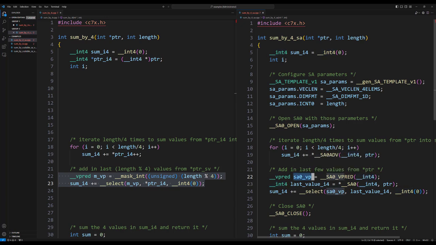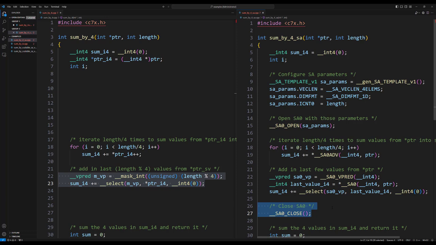And then in this case we copy it to this variable here, and then that predicate is used in this select intrinsic to choose between values from last value I4 or 0, and that's what gets added into the last accumulation in the sum I4. This is followed by closing the SA, pretty straightforward.